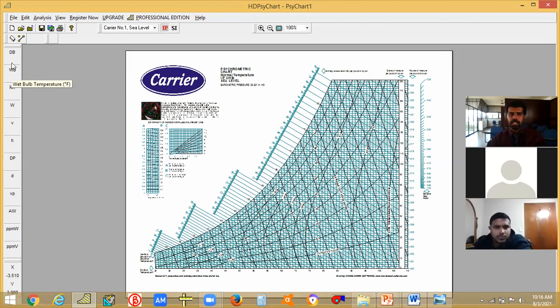So all the properties like dry bulb temperature, wet bulb temperature, relative humidity, humidity ratio, specific volume, enthalpy, dew point temperature, density, vapor pressure, all these properties you can get directly. So how to get it? I have already shown you, right? You can see three points here, not three columns. You can see file, edit, analysis, different things are given here. Now what we need to do is go there and click it.